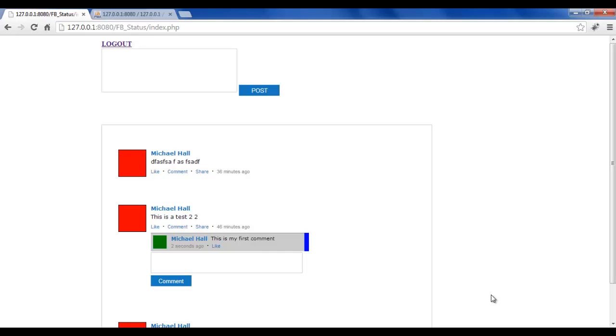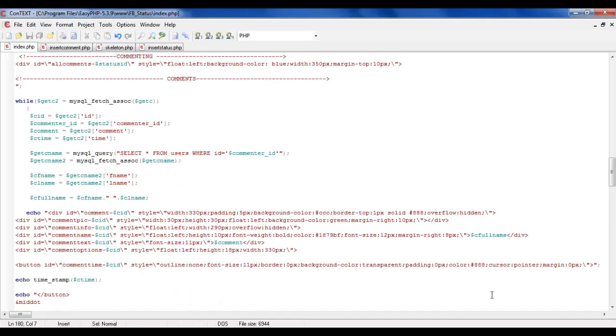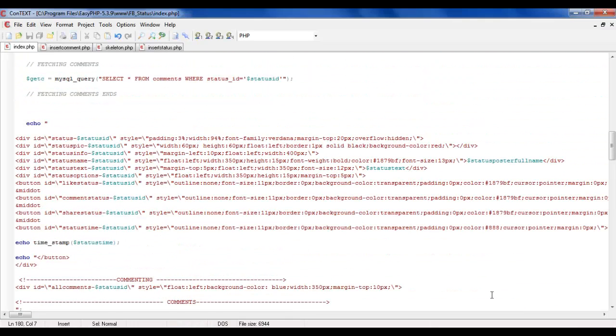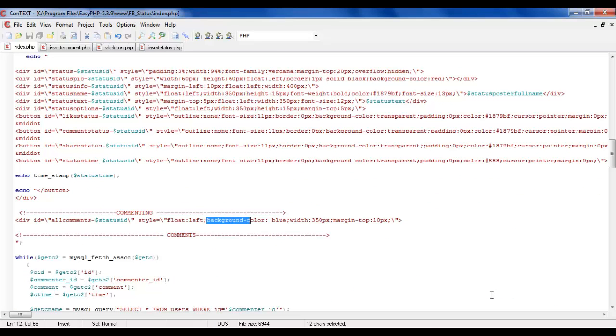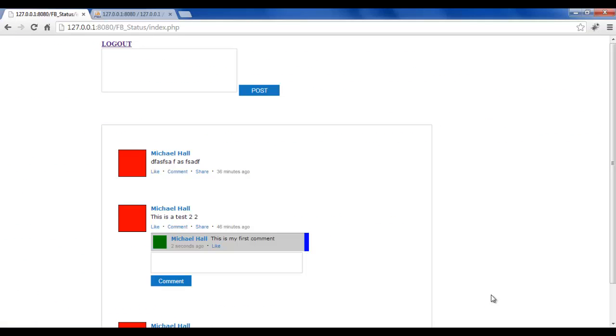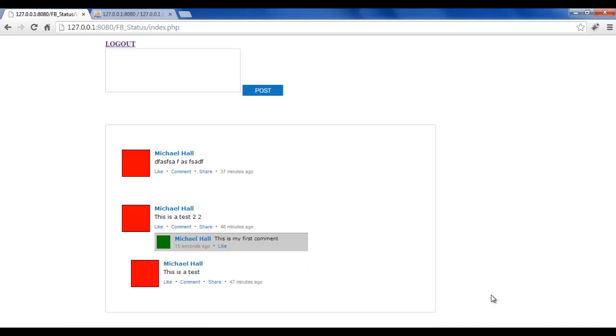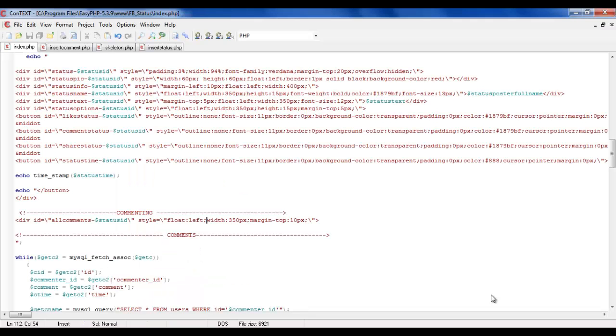We have this blue background there because I didn't change it in the index.php file. It's this here, all comments div. Save it there. Let's refresh that and we'll have the same thing there. Okay, so there's a small problem here, right? This status is indented to the right there. That's a problem we shouldn't be having,